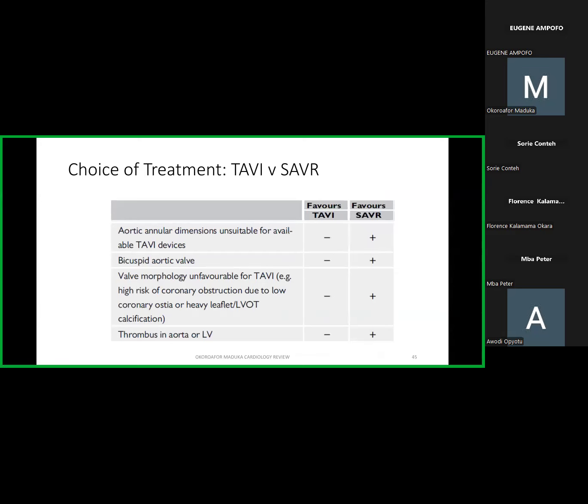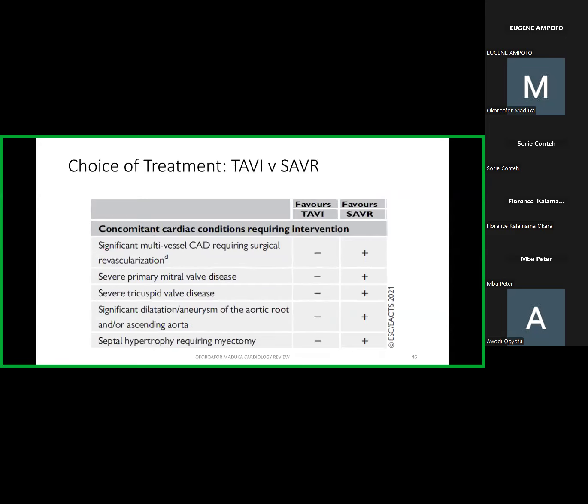For instance, if you want to manage this patient, and this patient has any other comorbidity that may warrant surgery, it is said that it's better for you to go for the surgical valve replacement. What I mean is that you have a patient with severe aortic stenosis that you want to manage, and probably this patient has significant multivessel coronary artery disease that may require CABG. So it's better